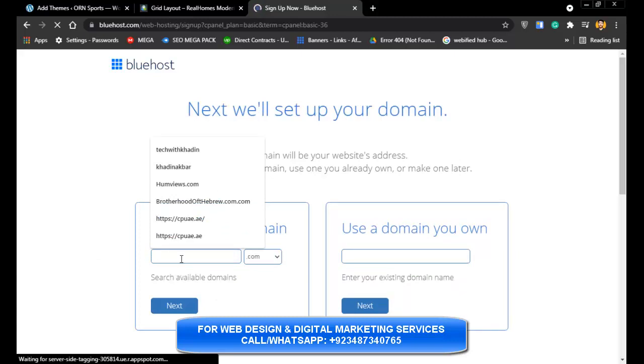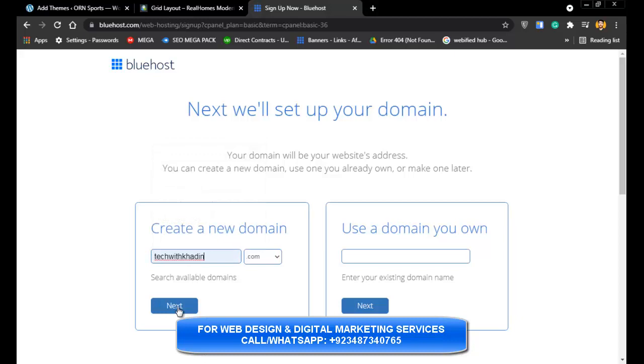Like if your company name is Tech with Khadeen, your company name will be 100% not that, because you are a real estate company. So that might be like Zameen Real Estate, or Real Estate Dubai. You can type the name you want here and click on next.